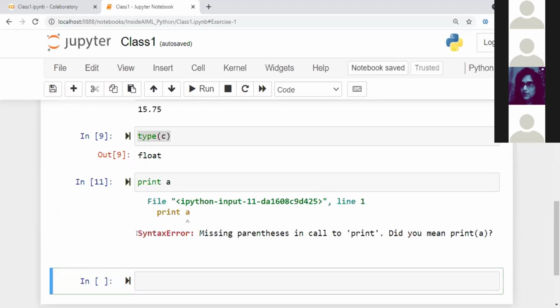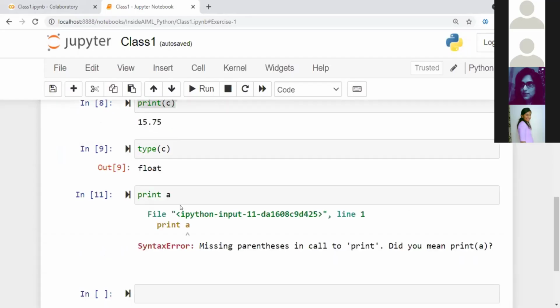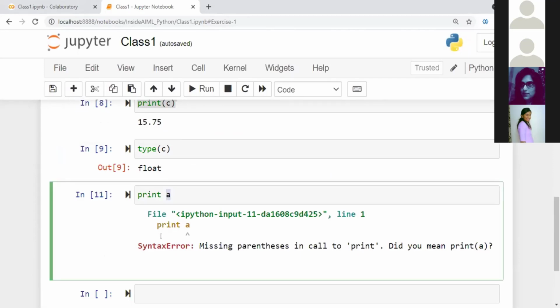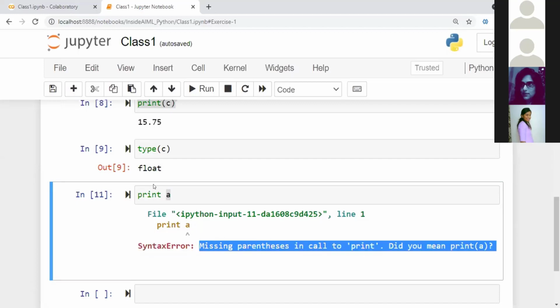We will also be talking about the different types of errors. So here we are seeing that if I say print space A, then it says you are doing a syntax error. So what is the meaning of syntax error? As I said, syntax is a standard set of rules that are already defined, so you cannot change that, right? In this case, print requires brackets, and it is giving you the error. The reason to look into this error is that you should understand what the error is and then how to avoid it. Okay, so that should be there in your mind. When it says syntax error, just look at the error.